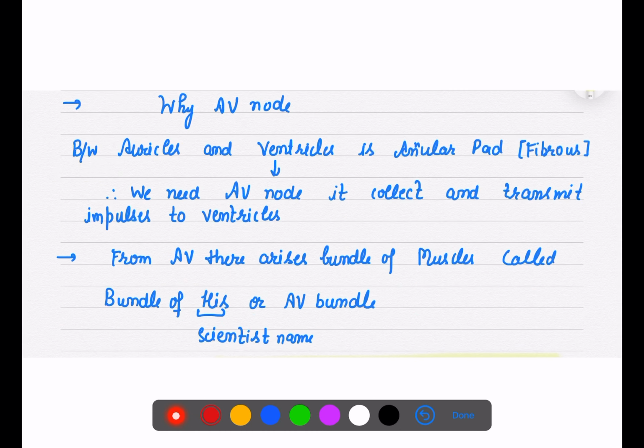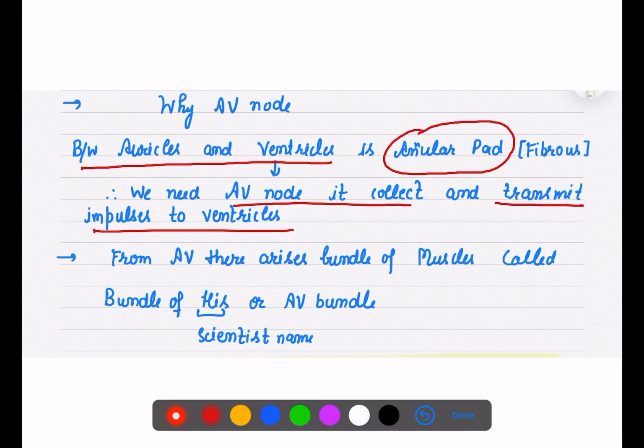So between auricles and ventricles there is another group of cells present which collects and then transmits these impulses